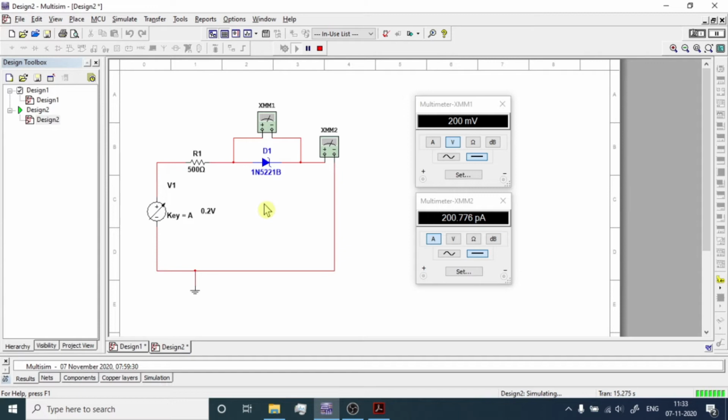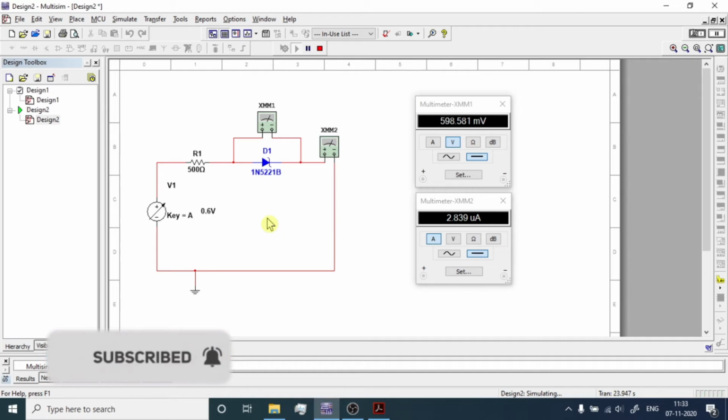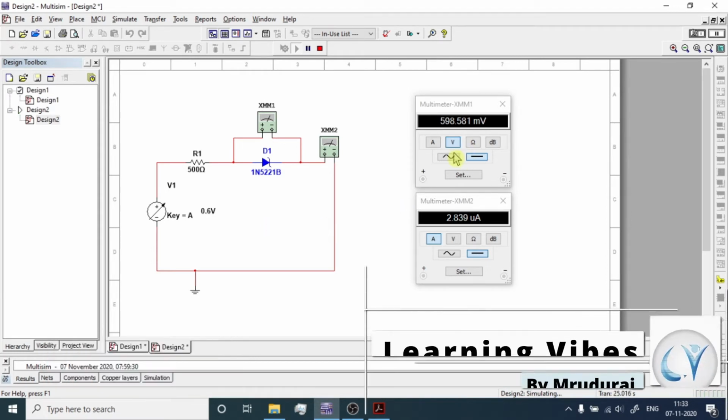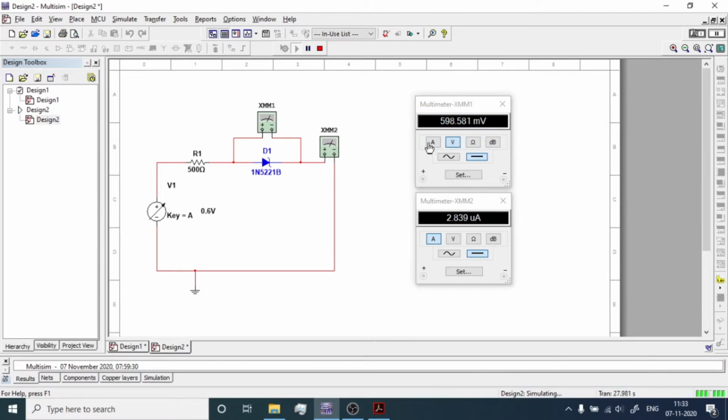And why is it like so? Because of its depletion region, depletion layer. The current is 200 picoampere. So we'll increase it up to 0.3, then 0.4 volt, 0.5 volt, 0.6 volt. See, when we have reached 0.6 volt, the voltage across this diode is almost 0.6 volt.